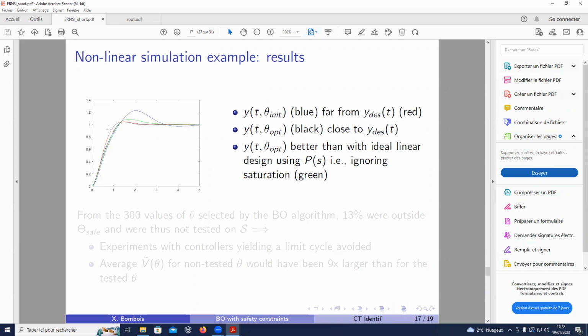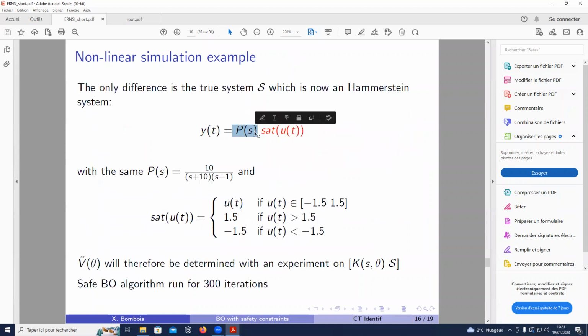So we are quite close to YDES, but we are not completely on YDES, so the problem is a little bit more complex. And just to show you that finding that optimum, the black optimum there, is not that easy. If we had designed the controller supposing that the true system is P, neglecting the saturation, and supposing that we know P,